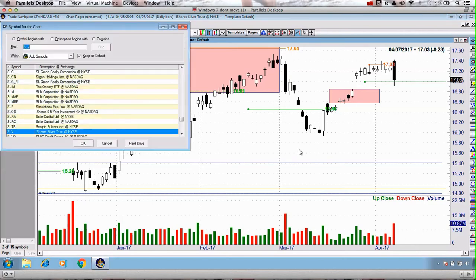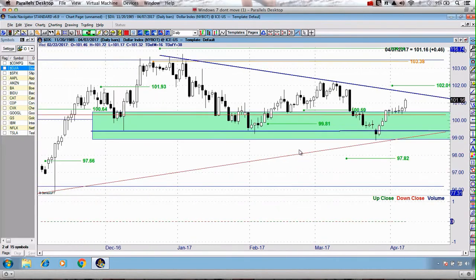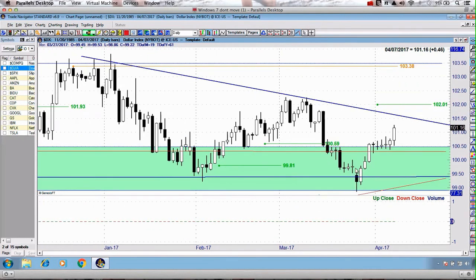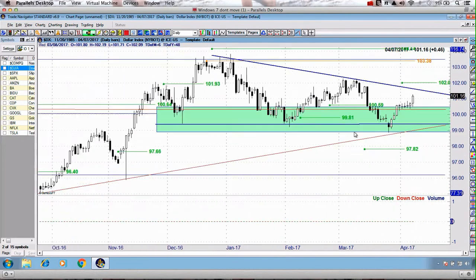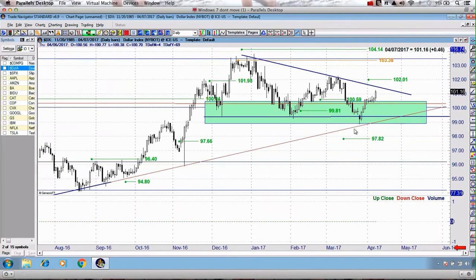So what I'll be doing to begin this discussion is beginning with the US dollar. Now obviously we've been speaking about this for quite some time. We've really been discussing this macro support and where X marks the spot, that being on this particular trend